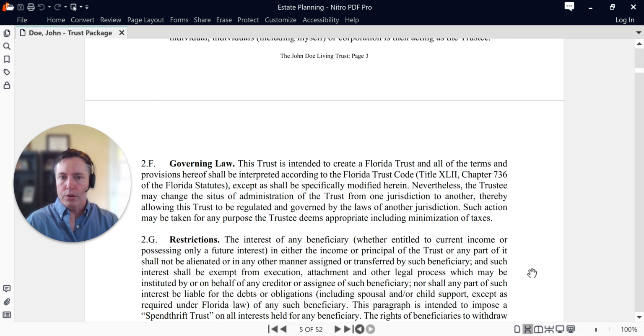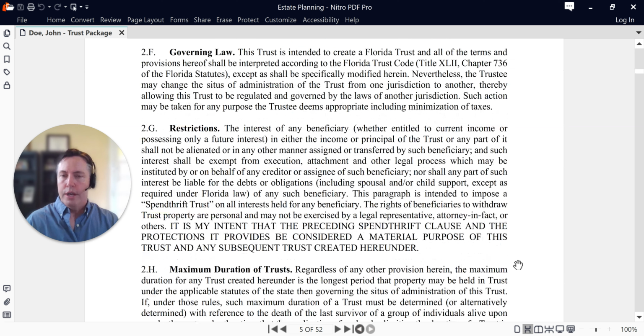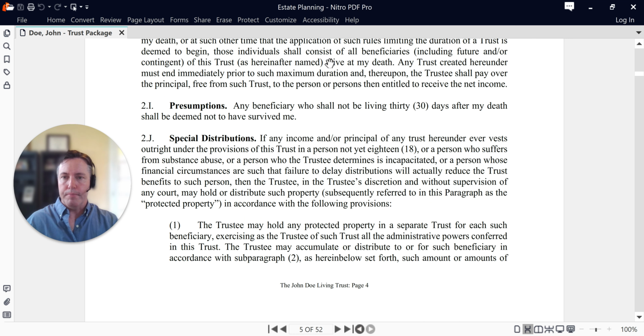And 2G is what we call a spendthrift clause. So it's one of the places where we add that protection that I was mentioning. So if you're gone and your beneficiaries have inherited your estate and somebody has a judgment or they just declared bankruptcy or they're trying to get public benefits, the dollar in there in the trust isn't going to get lost to all of that. It won't get levied or garnished or taken away. So that can be a big help.